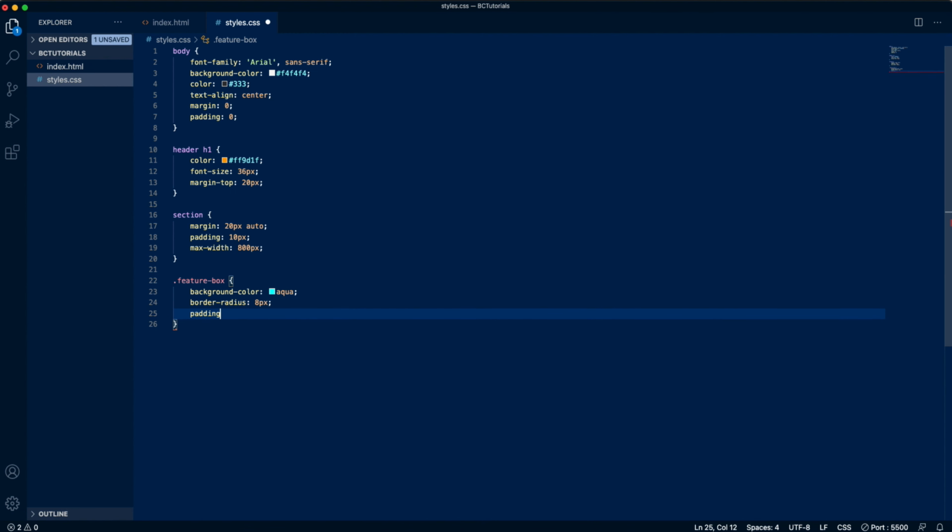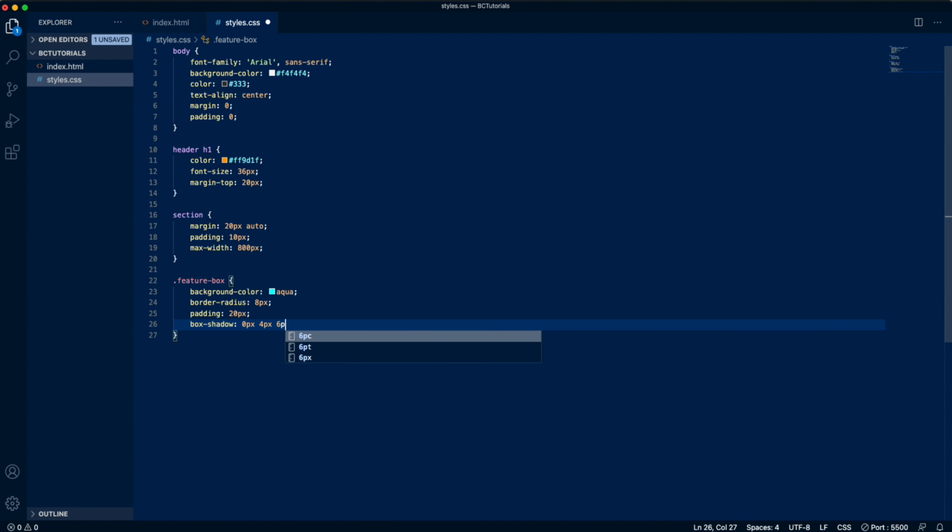And let's include some padding so we can make everything all nice and separate. And this is just adding a little tiny bit of shadow to the box itself. Like a tiny amount. And if we click save here,